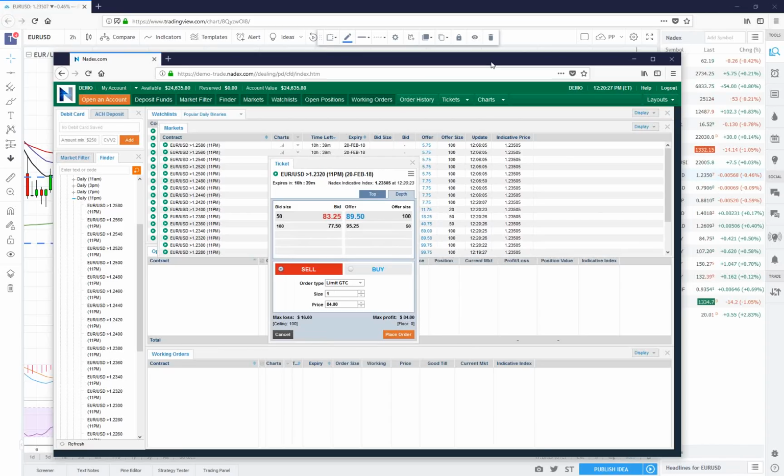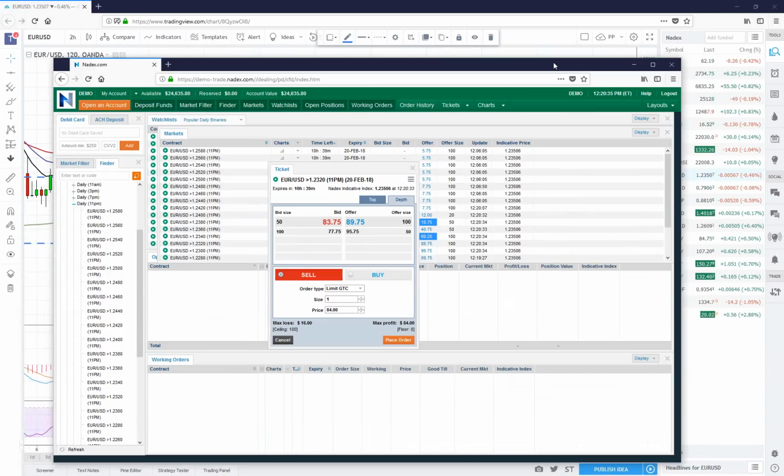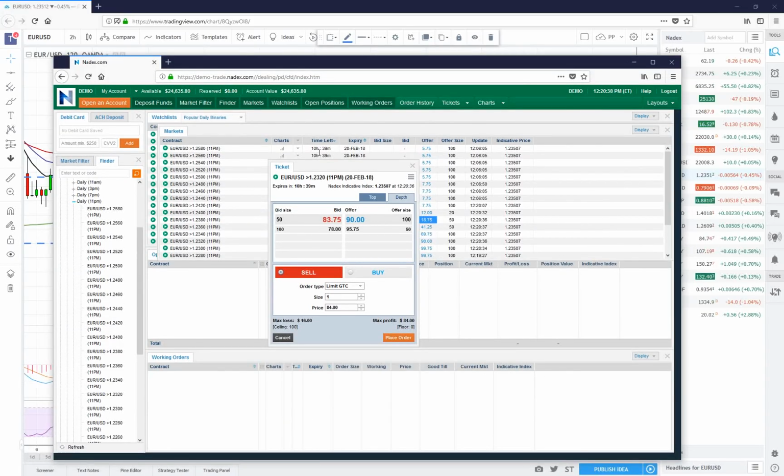But keep in mind, price has to travel quite a bit. Price has to come down here to this 123.20 level at expiry. It has to trade below that price level at expiry in order for that contract to settle in my favor. Now, proper risk management. My account here, 24,000 virtual dollars. How much is 1% of that money? $246. So what I can do now is increase my number of contracts here until the maximum loss that I see here